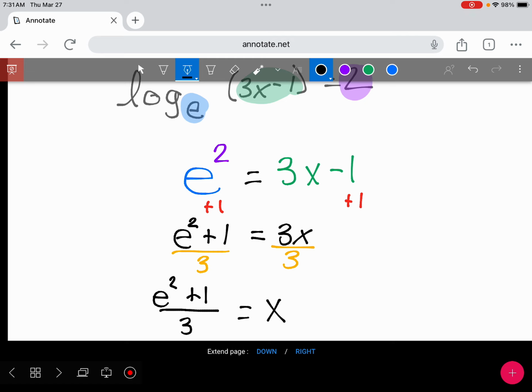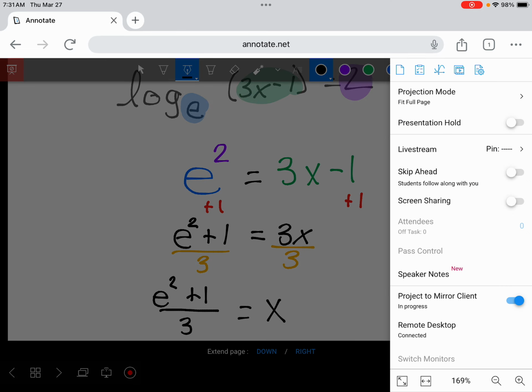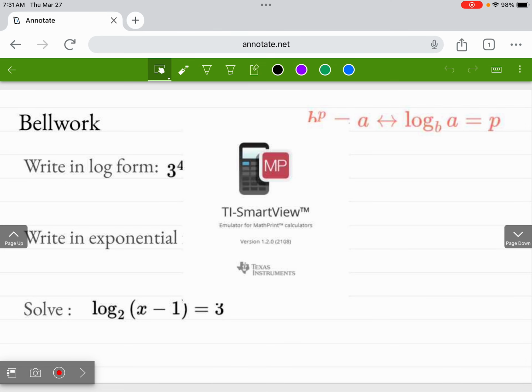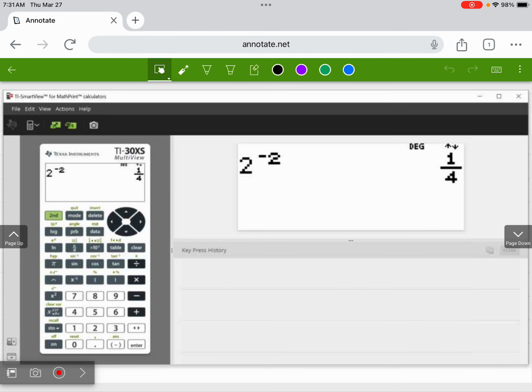This is what we call our exact answer, or our most precise answer, which is great, but I have no flippin' clue where that is if I was trying to estimate or give myself a spot on a number line. So what we can do from here, if we need a decimal answer, is type the sucker in a calculator. E squared plus 1 over 3. It's coming. There we go. On the yellow calculators,